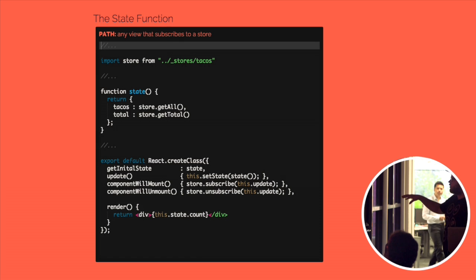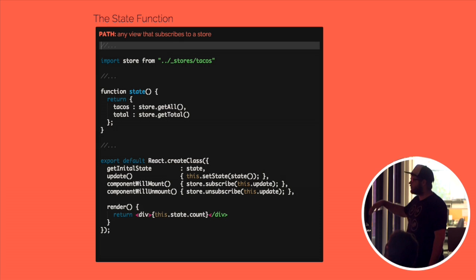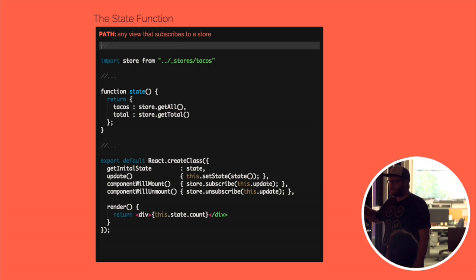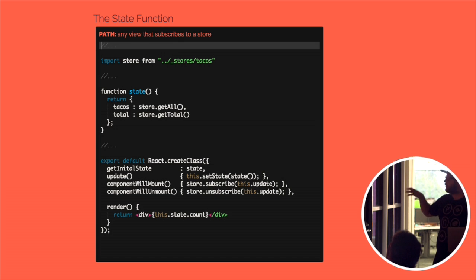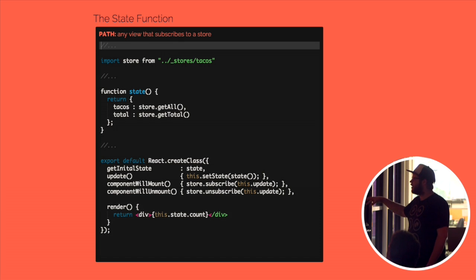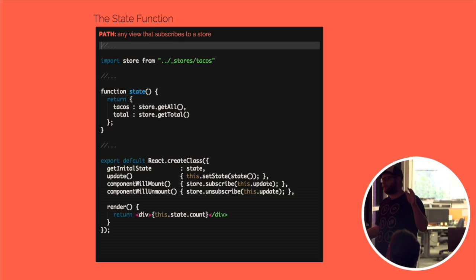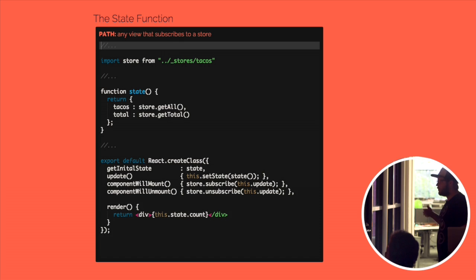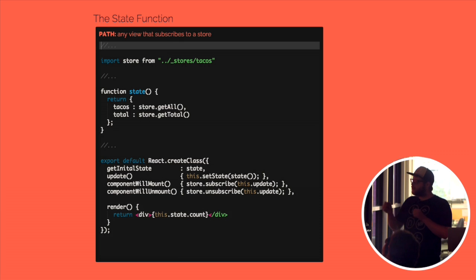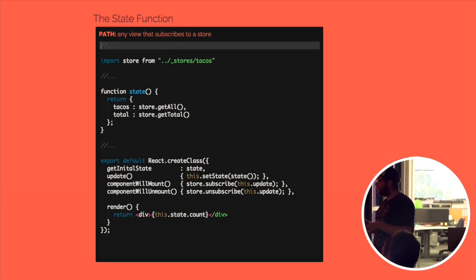Inside of the component itself, we have the getInitialState. So just quick question, who here has used React? All right. So getInitialState is just going to quickly take that state function and apply it to the state, and it'll use that for that first render. So we can almost use the state function on that first initial load as like the promise pattern, right? I'm going to give you information,